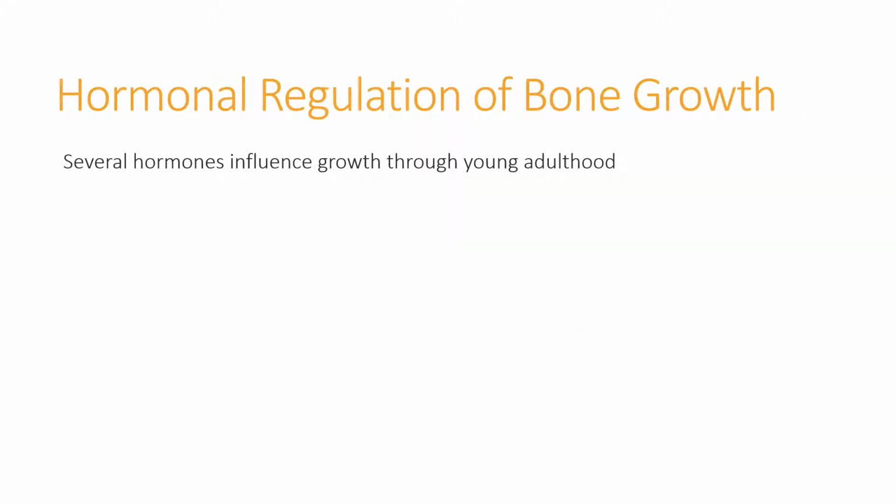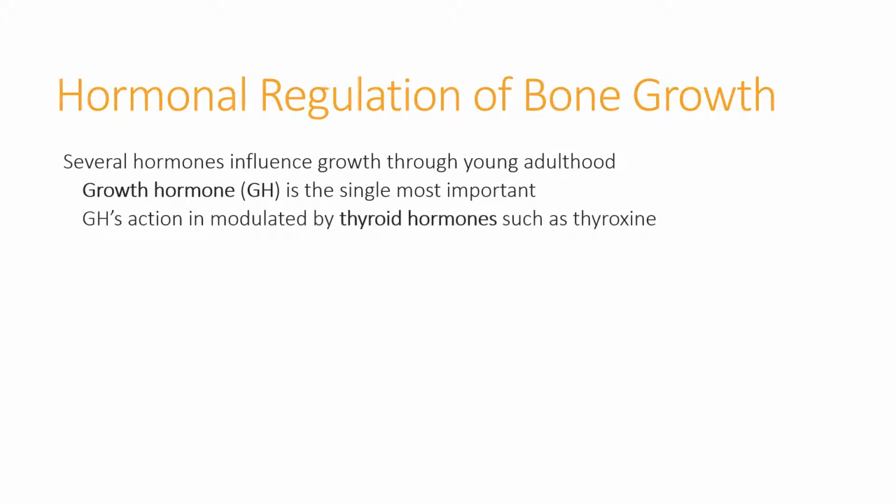Several hormones influence growth through young adulthood. The most important is growth hormone, abbreviated as GH, and as its name indicates, it causes things to grow. This action of growth hormone is modulated by thyroid hormones such as thyroxine. The modulation by thyroid hormones helps to ensure that bones over different portions of the body are growing at relatively similar paces, so we don't have a lot of growth in one area and very little growth in another